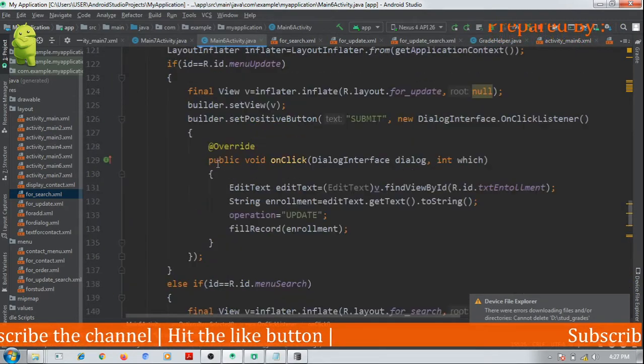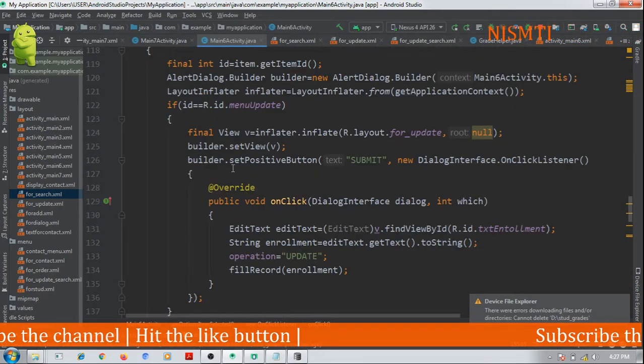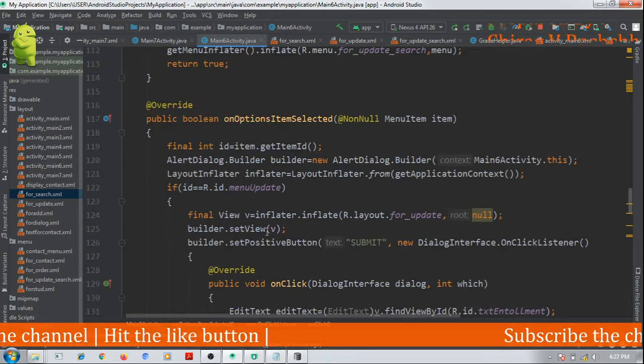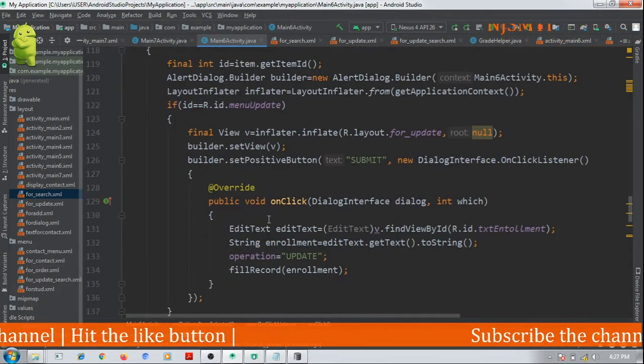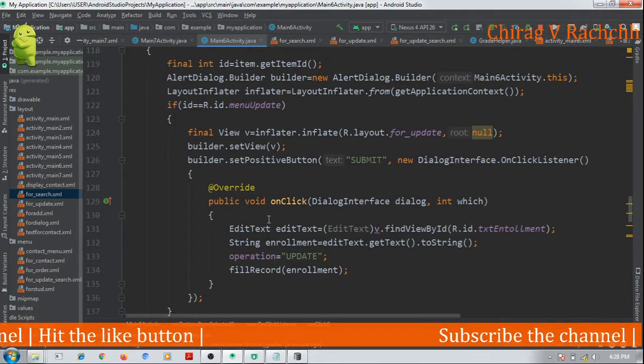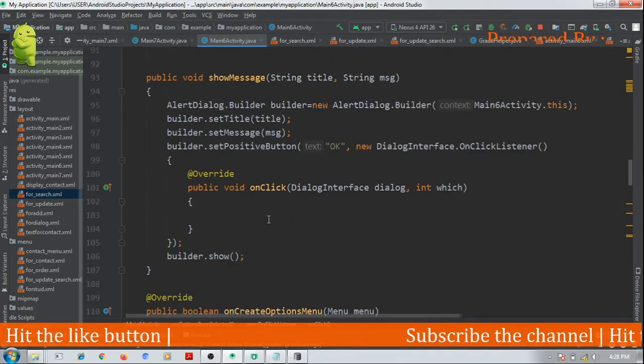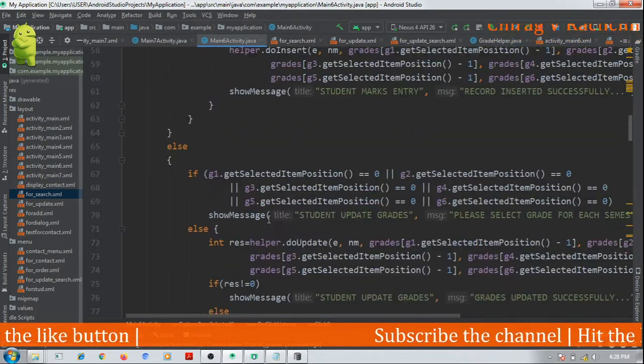Let us do that thing. While updating, those edit views are set enabled false. Where have we made it enabled false? On do submit.